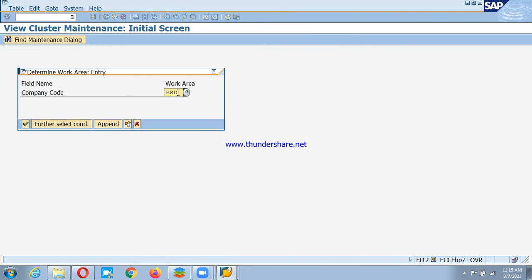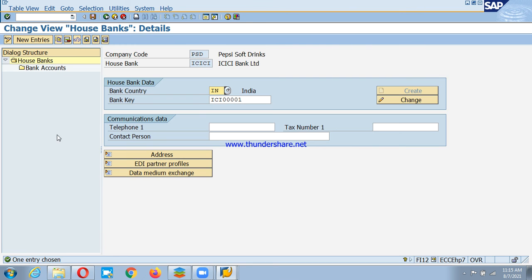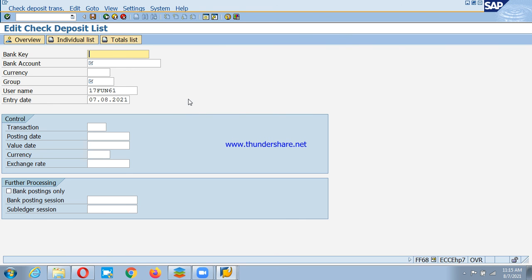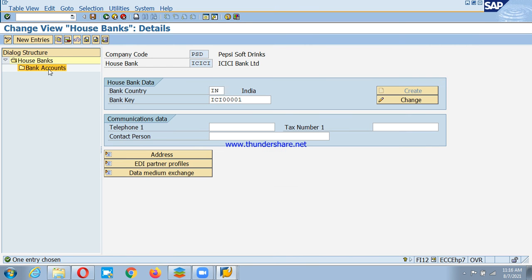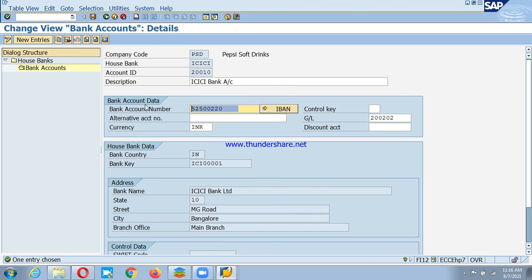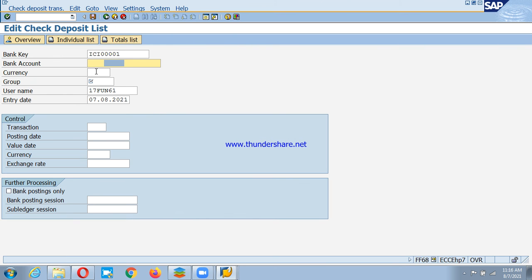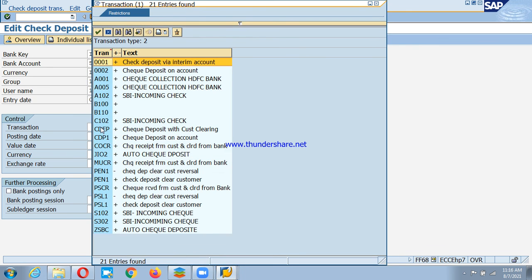FI12. Okay, I think we only have 1 bank. So I'll select this one, house bank key, and bank account number. If you double click on bank accounts, there we have the bank account number. Copy and paste it here. Currency INR, and group I'll give 1 2 3 4. Transaction, we already created the transaction, press F4, and